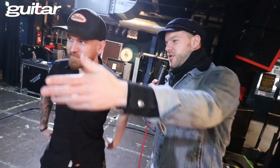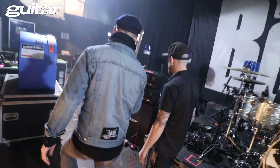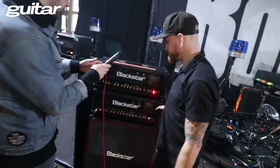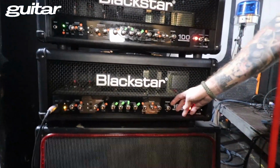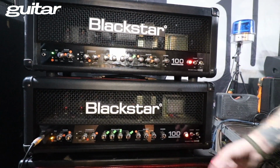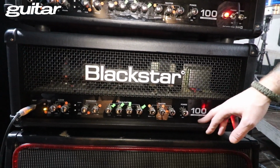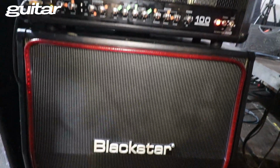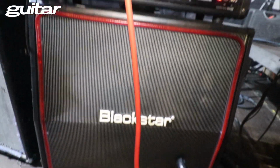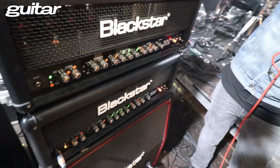So okay, let's just hop over to Nicke's amps then. He's using the Blackstar Series One, 100 watts, but he only uses like 20 watts of it, because people know the Blackstar Series One has this power soak sort of built in. I think I've got to come over to you. The camera is kind of, okay, yeah, let's do it like this. All right, cool, and both of them...